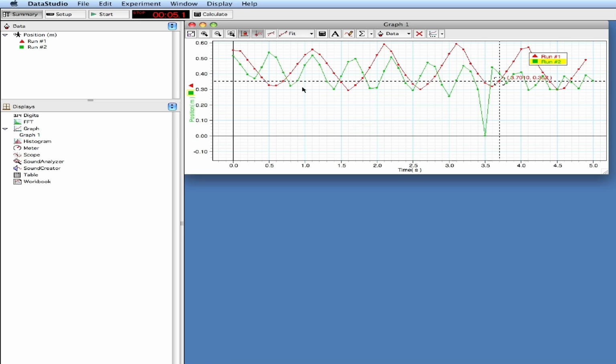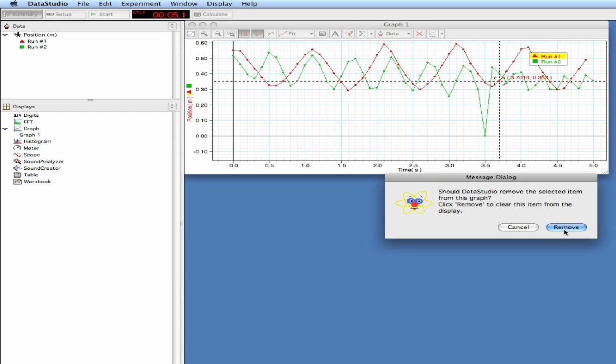And you can see the data as well, called run 2 in green. So when you do multiple trials with an experiment, which you're probably going to do, you're going to have multiple runs, run number 1, run number 2, and so forth. And this may get a little confusing after a while to see all this data. So what I'm going to do is I'm going to remove one of the runs so we can just see one run very clearly. So I'll click on run number 1 and press delete, and I'm going to remove it